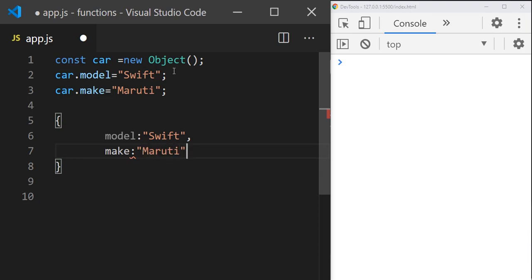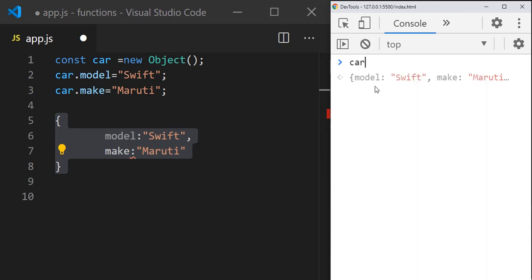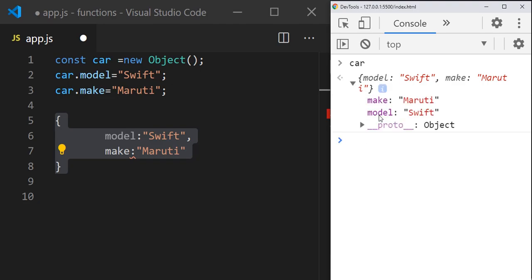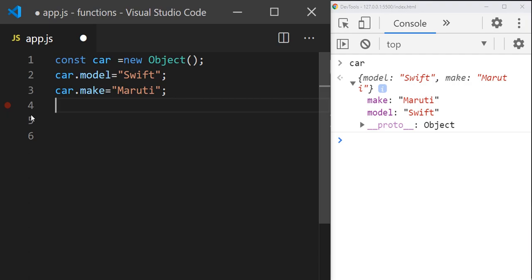So this will be shown like this if you print it. Let's print car, enter. You can see model Swift and make Maruti. So we have added the properties.